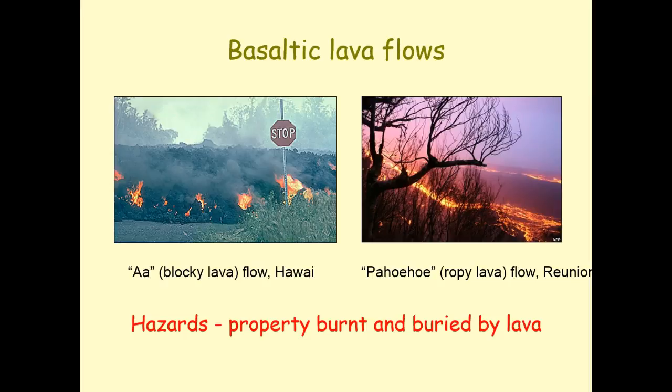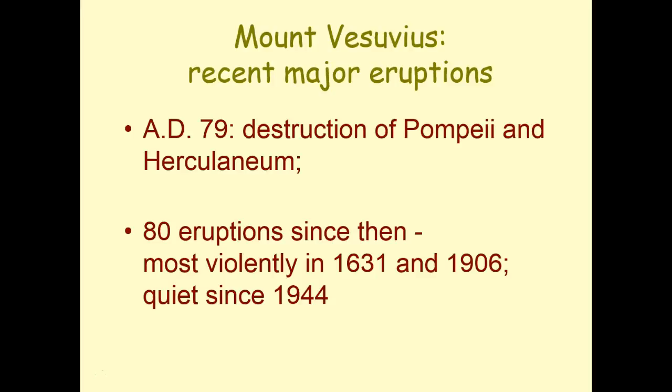Lots of property is burned and buried by this. So the most famous historic eruption was probably Mount Vesuvius, which destroyed Pompeii in AD 79. It's had eruptions since then, but this one is incredibly popular because it killed Pompeii, or the people of Pompeii,